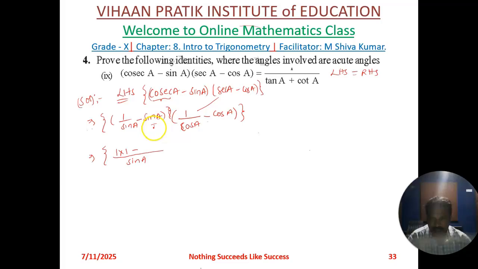So sin A in 1 goes sin A times, numerator is sin A, so sin A into sin A. Here also same thing, cos A in cos A goes one time, into numerator is 1 minus, here we do not have anything, so 1. So cos A in 1 goes cos A times, so cos A into cos A, which will equal to